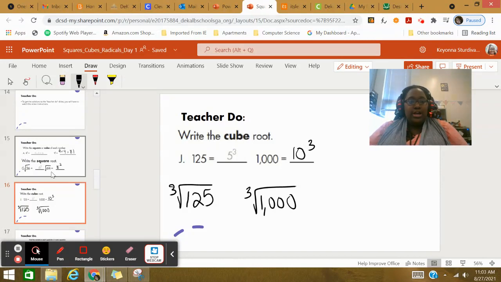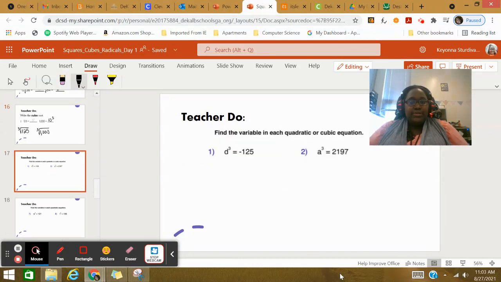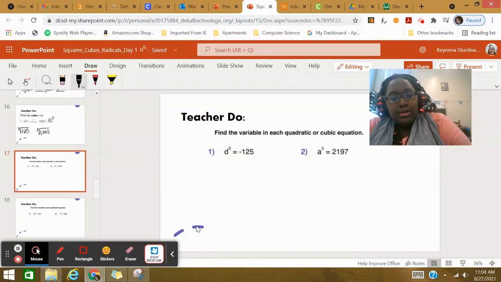Okay. And you guys are going to do the same thing on the classwork. Now, these next two slides are solving one-step equations, but you're taking the inverse. So this first one says find the variable in each quadratic or cube equation. Remember, to undo a cube, I have to take the cube root. So for these example 1 and 2, I'm going to do the cube root